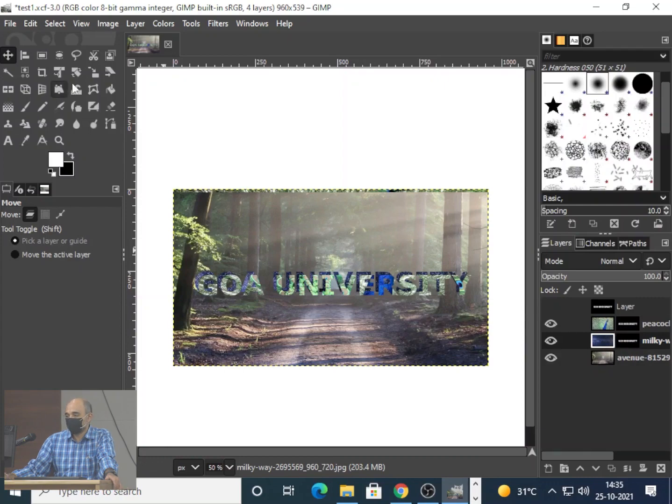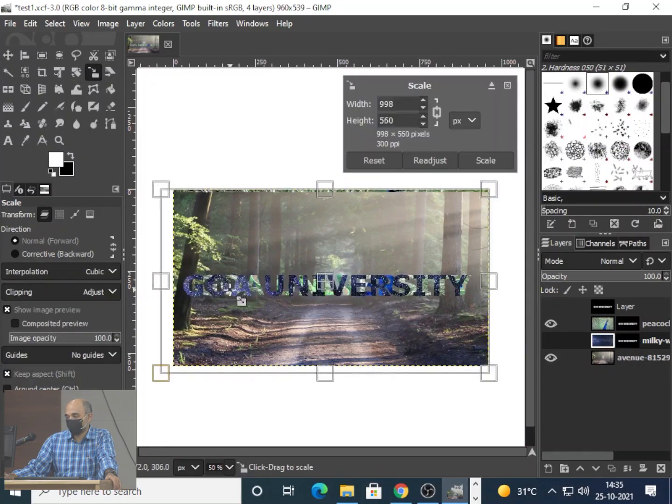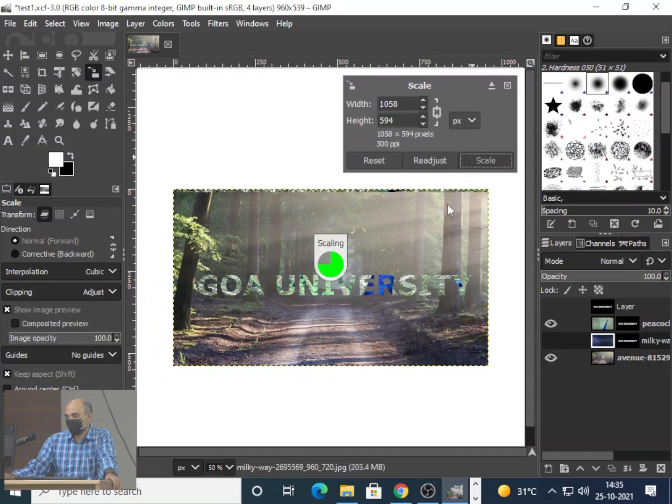If I want scaling, it's taking time. But this concept of masking, is it clear how it is to be done?